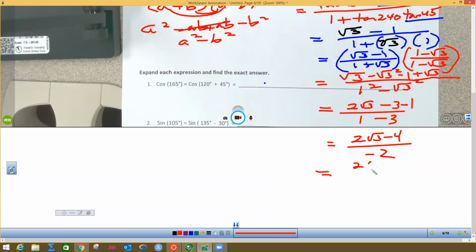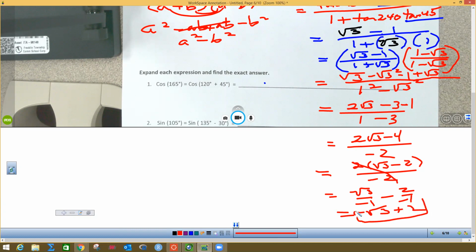So if I factor a 2 out of the top, I get this. And these 2's reduce, so you take radical 3 over negative 1 minus 2 over negative 1. So this ends up being a negative radical 3 plus 2. And you can write that as 2 minus radical 3 because we usually put the positive number first. So that's that problem. So go out and try to